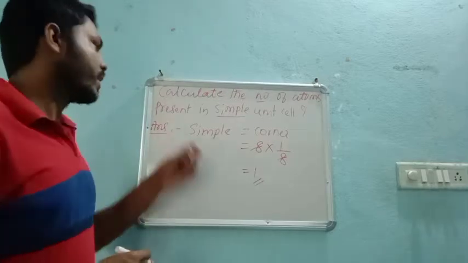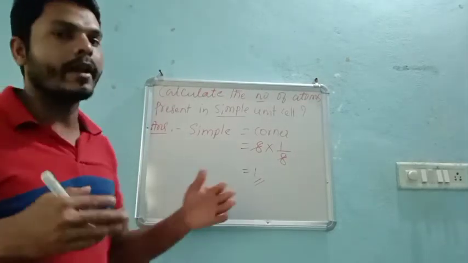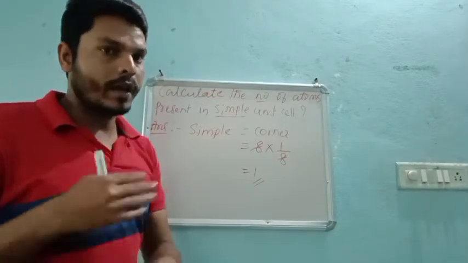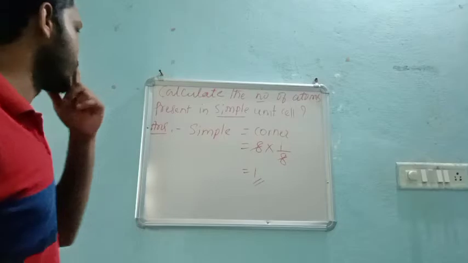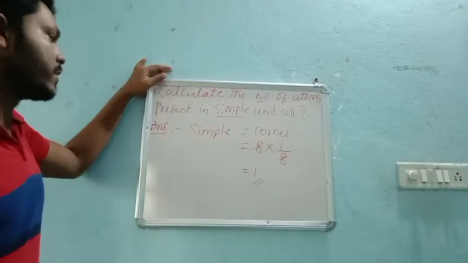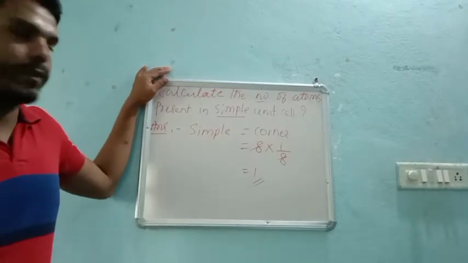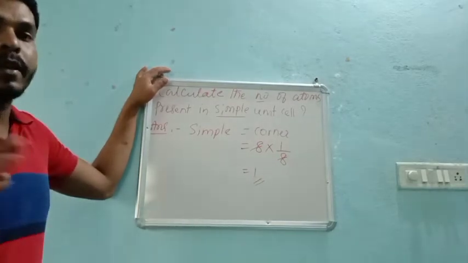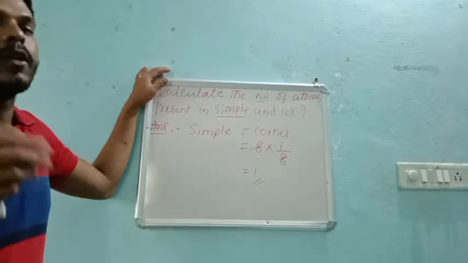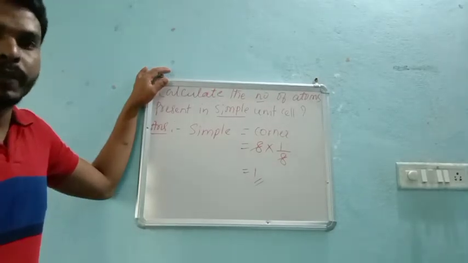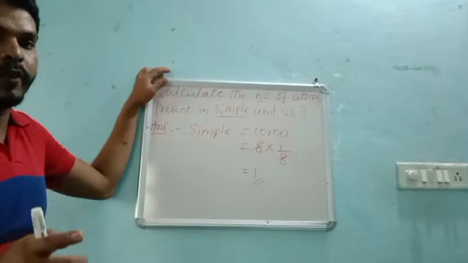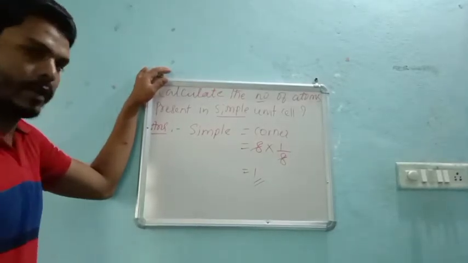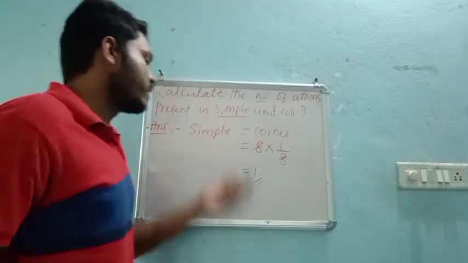That means this solid state chapter is interlinked, so please do follow. If you are not getting it, please message us. So for a simple unit cell, you just need to know what simple is, where the constituent particles are present, and what its contribution is. That's all. If you know these two points, the definition as well as the contribution, then one can calculate within a minute. Now this is in case of simple.